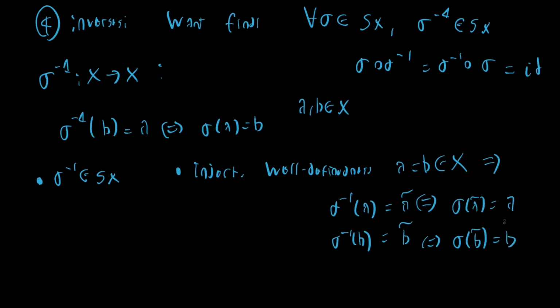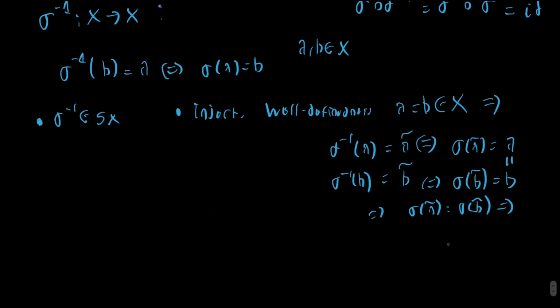Okay, but a and b are equal by hypothesis, and so we have that sigma of a tilde is going to be equal to sigma of b tilde, and so we have that a tilde is going to be equal to b tilde, and this implies well-definedness. So now, on the other hand, we're going to suppose, for injectivity,